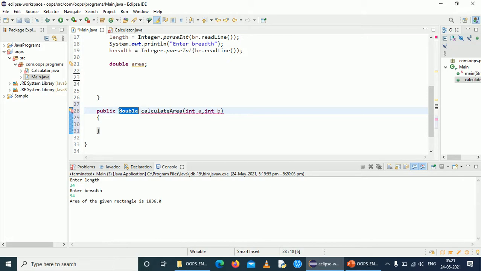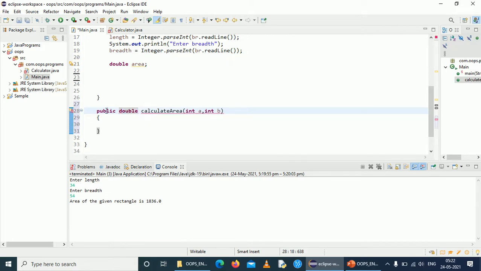If I give void, the method just executes and does not return any value. As per this concept, we need this method to calculate the area of the rectangle and return the area value to the main method. So we will add double as the return type.